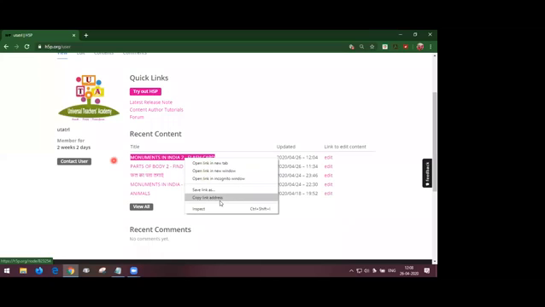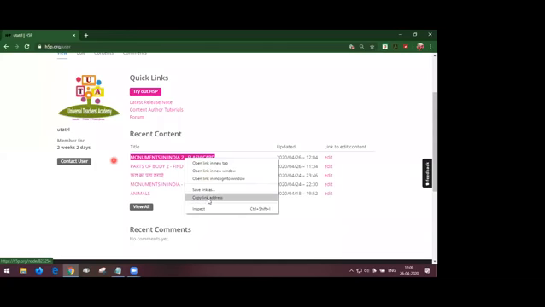In the assignment, a space will be provided, as when we do the drive link, saving it in our drive and sharing the link from there. It is not going to be the case for H5P. You can directly right click and copy link address here, and you can save that link address in your WhatsApp and the assignment also. Wherever you have to share, you can share by copying the link address from here.